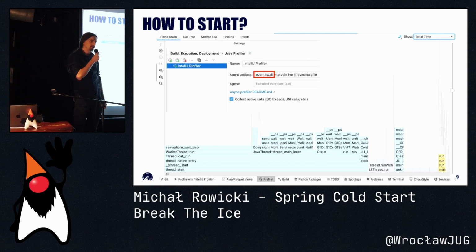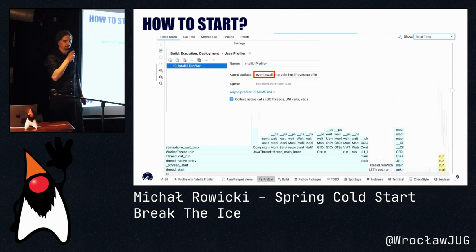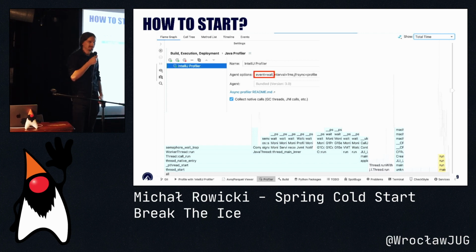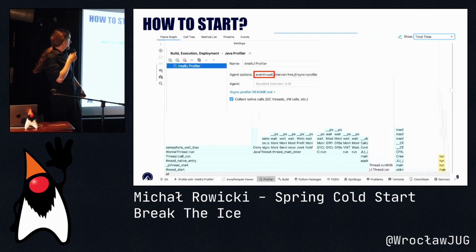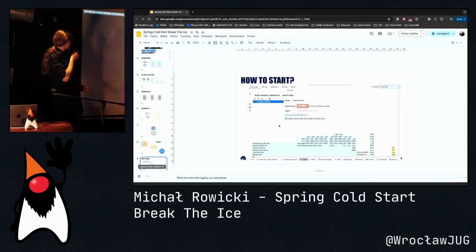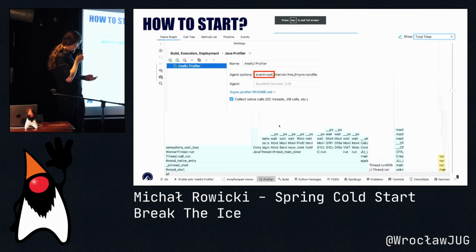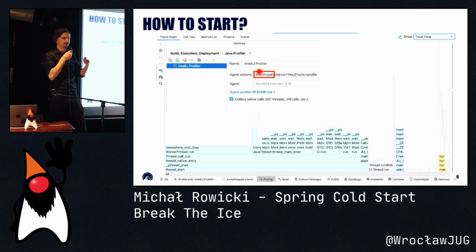From my perspective, mostly we are digging our own grave, and the mistakes are made by us. So first, we can start with async profiler, with the wall clock mode, which will check every thread with the same rate,